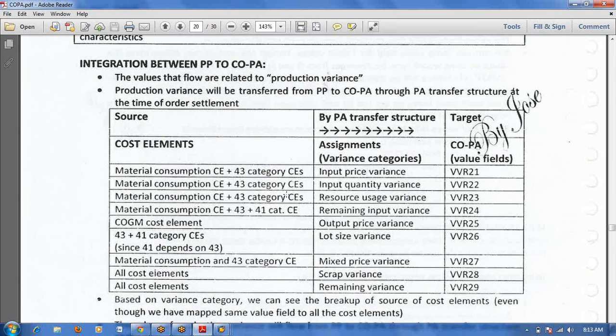Then PM order, what is the problem? In PM order, normally we will settle to the cost center. In PM order also, normally equipment cost we will post.